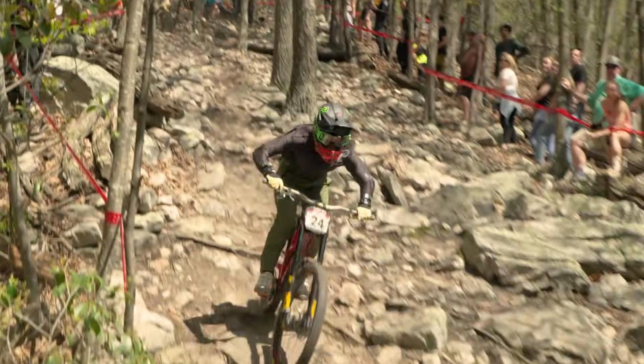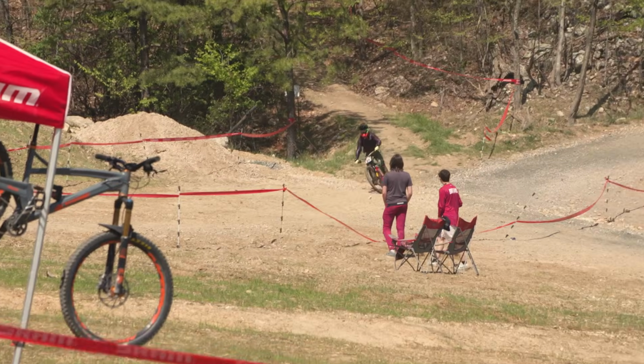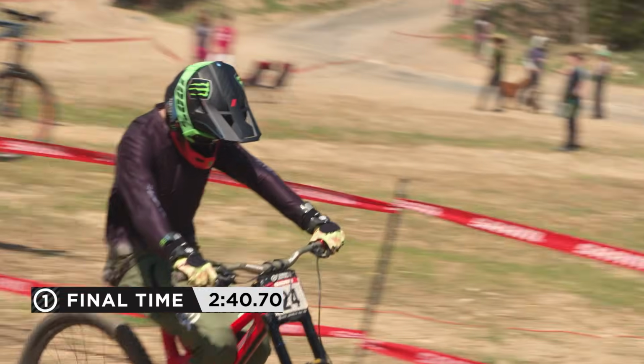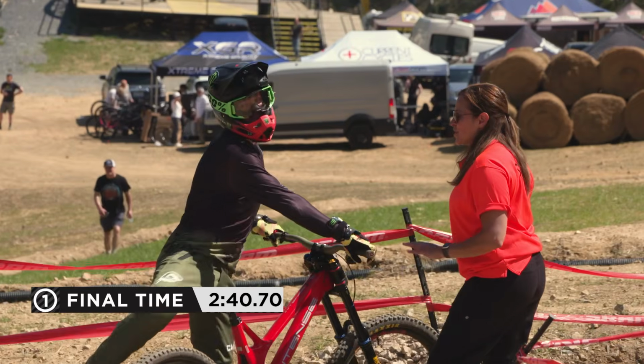Final shoot. Oh, that was loud. Yeah, Frazier not holding anything back. Oh, he does. Wow, that is a flat rear. Maybe not the first we'll see today. It's a 240.7. As he kind of thinks what could have been, certainly a few more seconds out there for